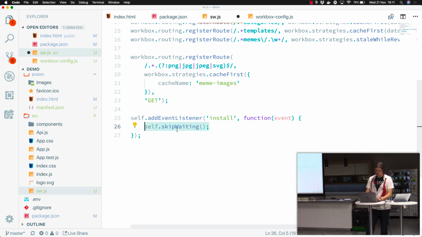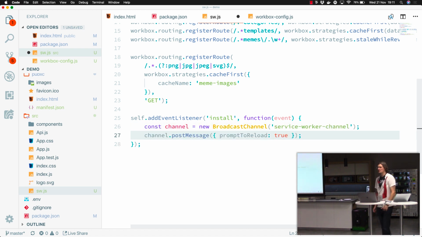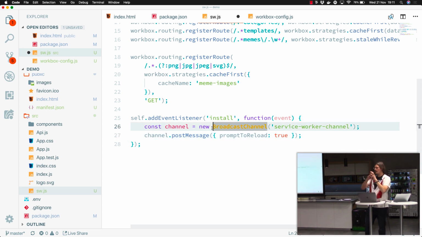So one of the patterns we use is something called the broadcast channel. Okay, who's ever done some pub/sub before? Anyone? Okay, so the broadcast channel is basically a pub/sub feature that lets you have a pub/sub channel between all of the browser tabs and web workers that are accessing this